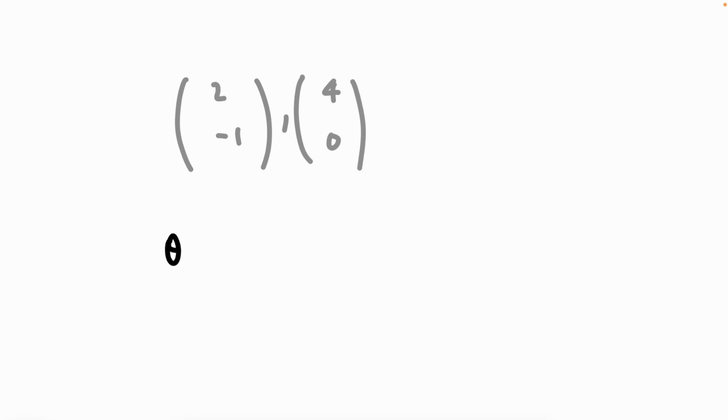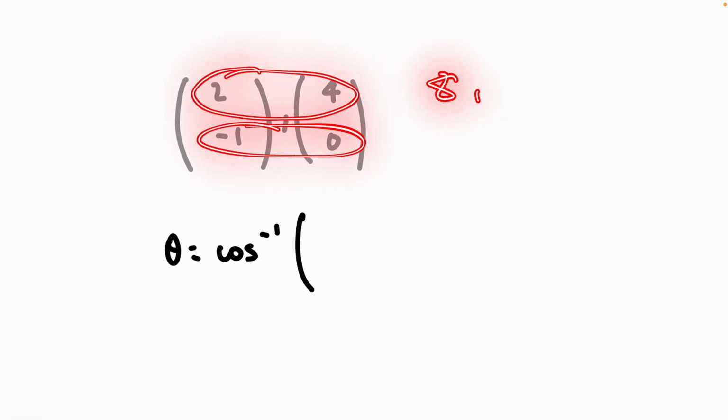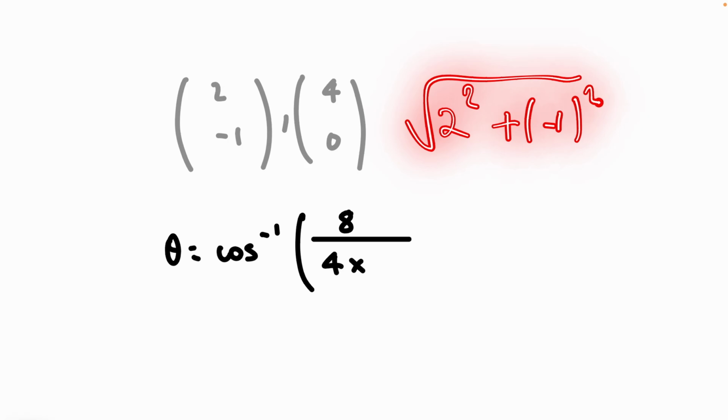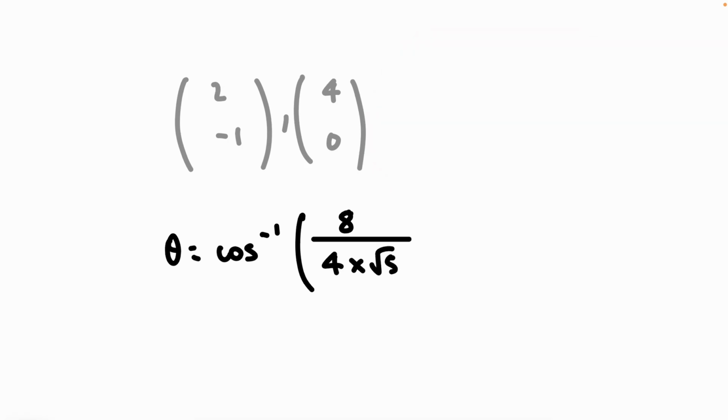Okay, you know the process. Theta is equal to cos inverse of the dot product between the two, and in this case, the dot product is simply 8 plus 0, which is just 8, all over the magnitude of each of these. We know the magnitude of the second vector is simply just 4, because it's only 4 units in the horizontal direction. There is 0 vertical component to this vector. So you can just say 4 times the magnitude of this vector, which we have to work out. That's the same as 2 squared plus minus 1 squared. So that's just the same as square root 5. And if we work this out on our calculator,